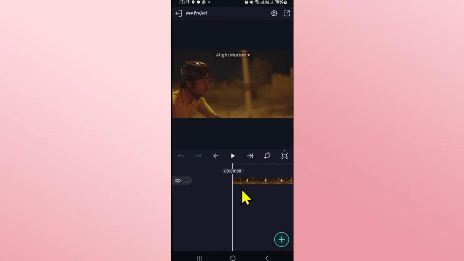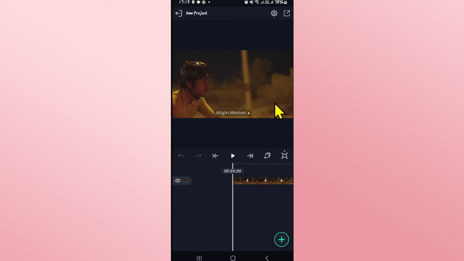Now within your video, once you have made all of your desired edits, by default, the Alight Motion watermark will appear at the top. You can click on the drop-down menu and then choose the location from top or bottom. If you choose the bottom option, the watermark will appear at the bottom. You can remove this by tapping on the remove button, but you will be required to see an ad or